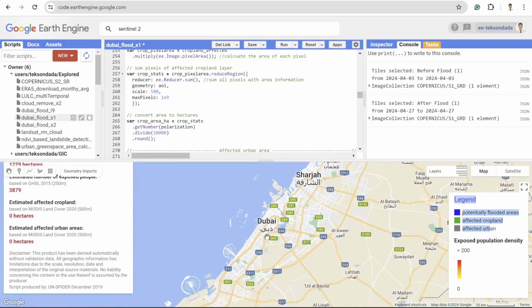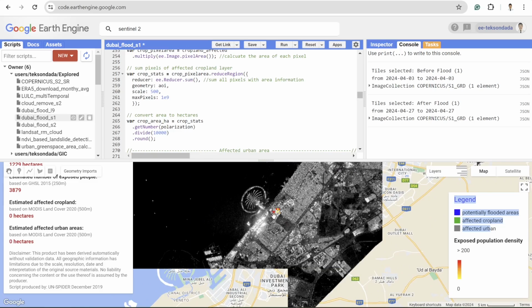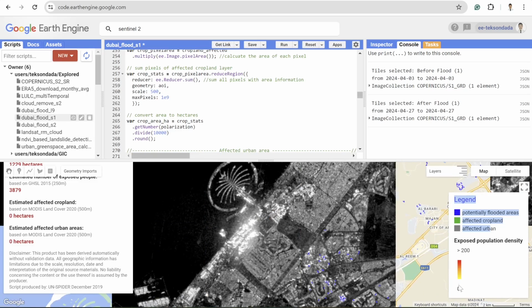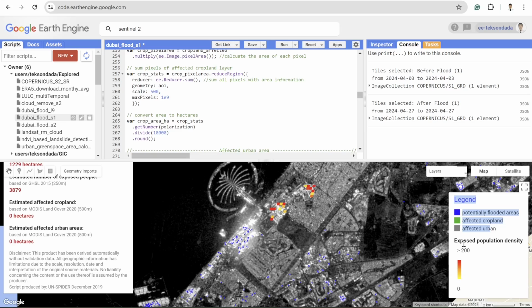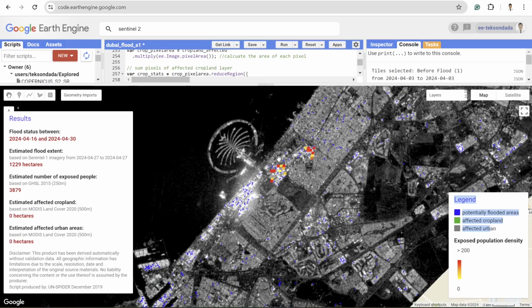Okay, so if I zoom into the areas, you can clearly see that near this structure here we have a little bit of flooded region, and these are the population density, and its metrics start from 0 to greater than 200. And talking about the result, this map is the flood status between 16 to 30, but actually it's the flood extent on the 27th,